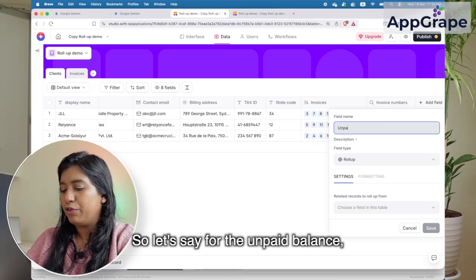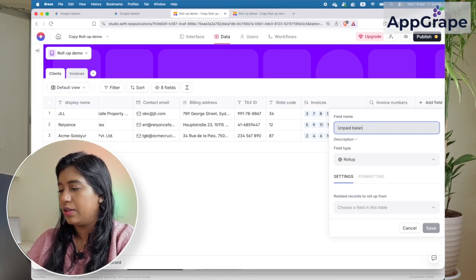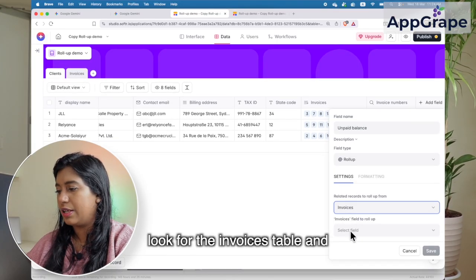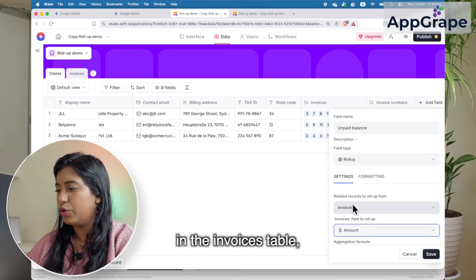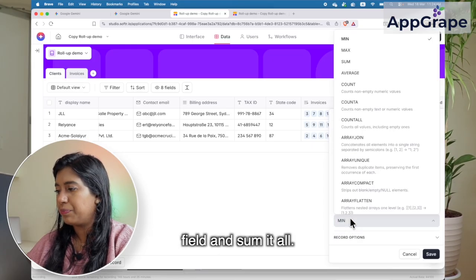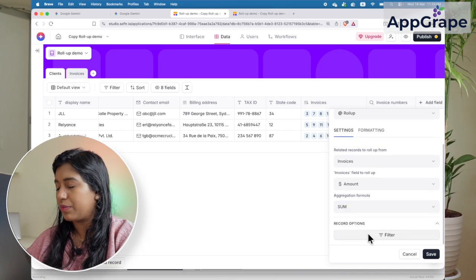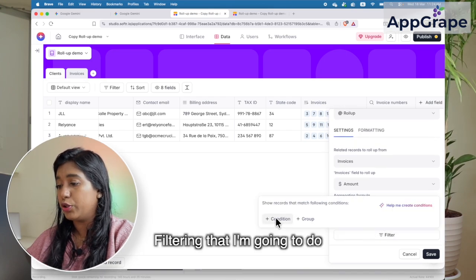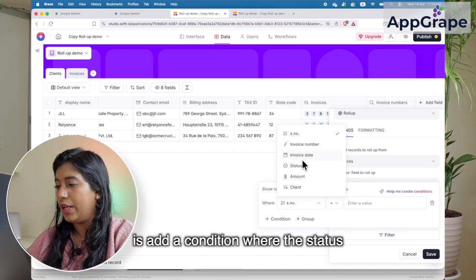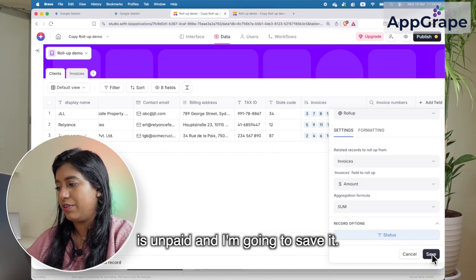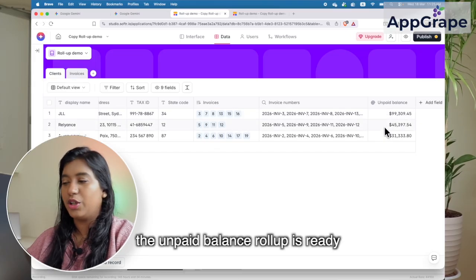So let's say for the unpaid balance, I'm going to roll up and look for the invoices table. And in the invoices table, I'm going to choose the amount field and sum it all. The filtering that I'm going to do is add a condition where the status is unpaid. And I'm going to save it. The unpaid balance rollup is ready.